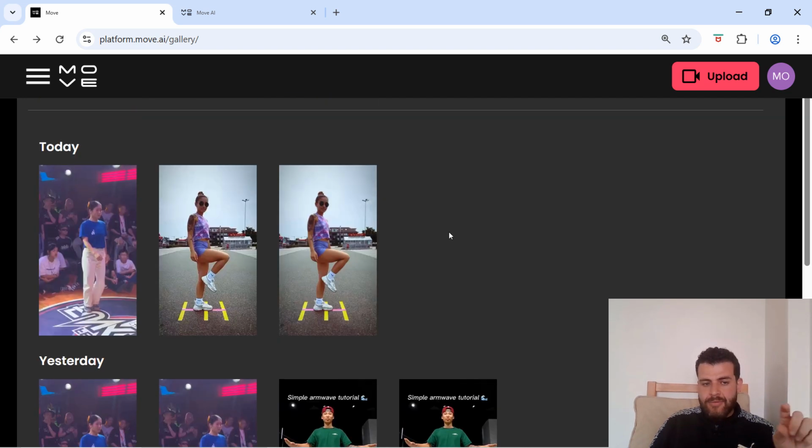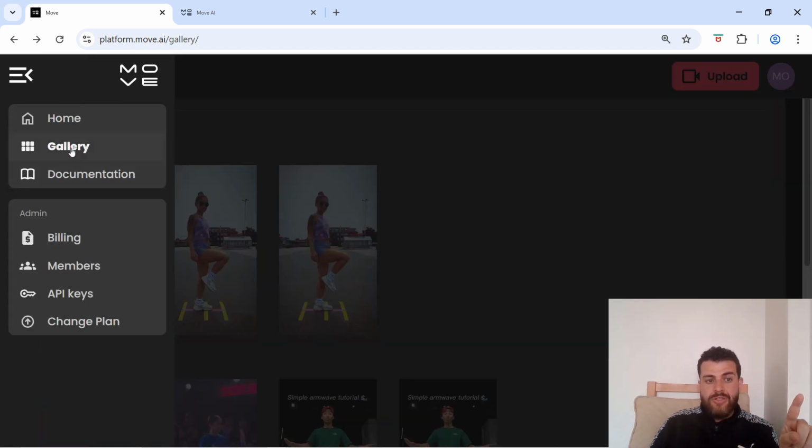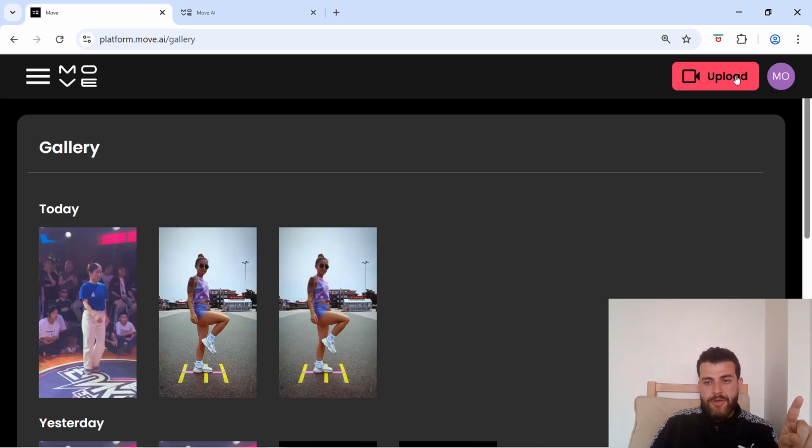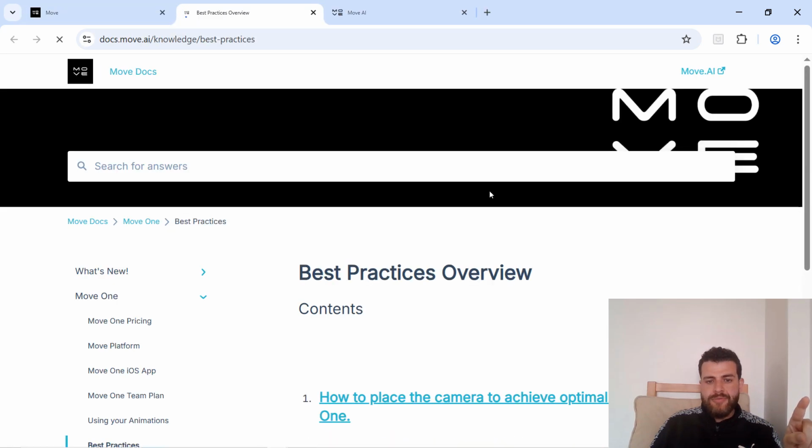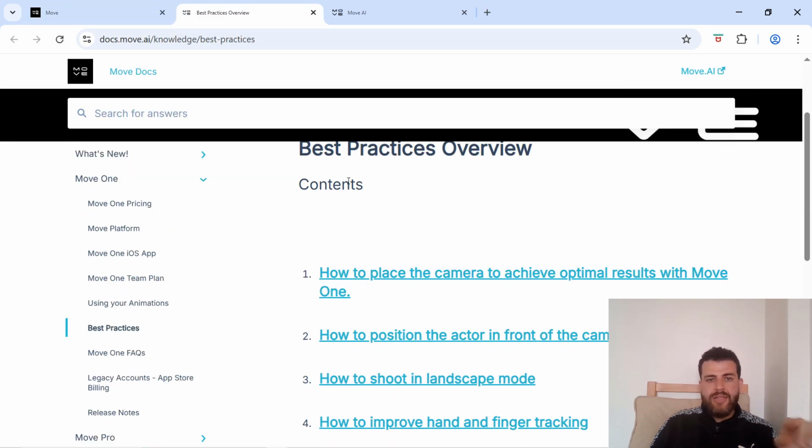Like I said, moveONE allows you to use a single camera. You can read about all the details you need here. If you go to upload, it gives you a guide here, best practices, and what I found here was more than enough. Okay,